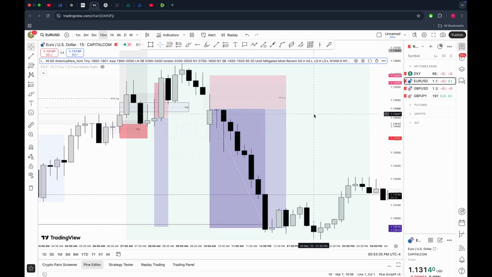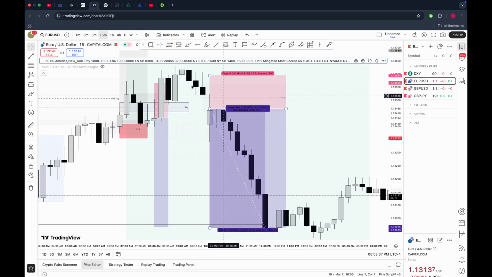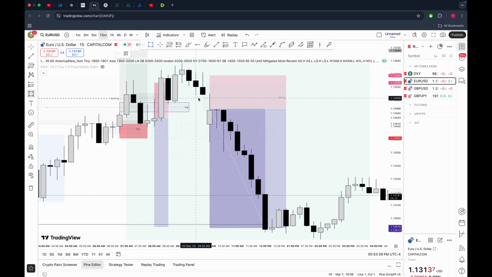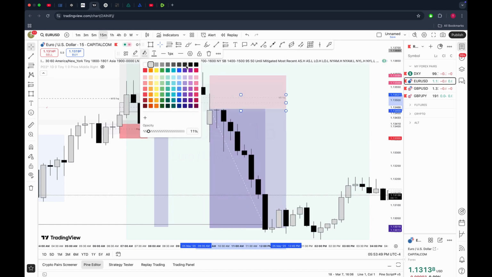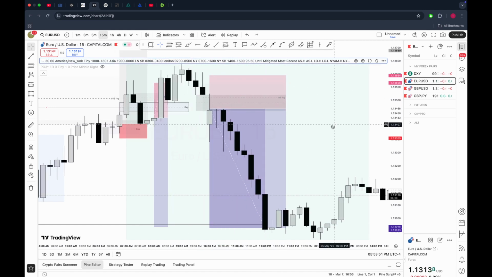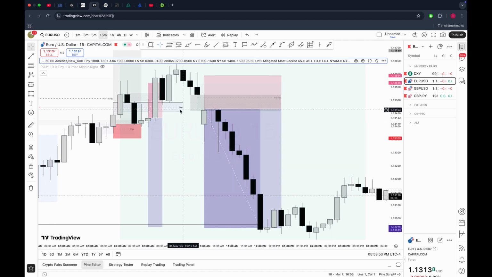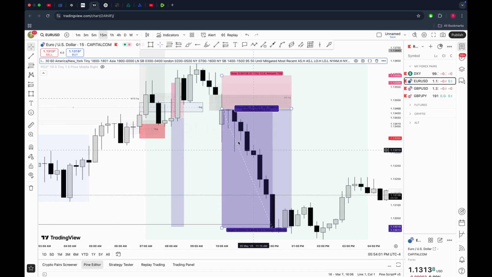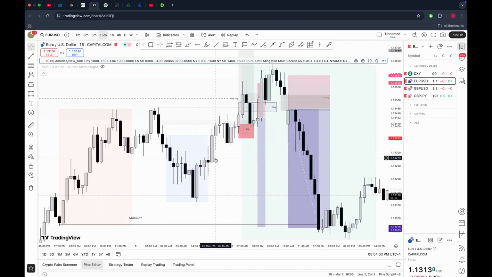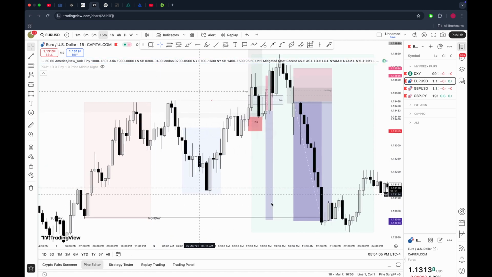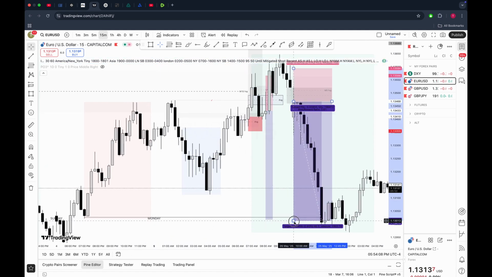So after the news, I saw this gap that the news created. Alright, so this 15 minutes gap. So I was waiting for price to come there, then I took the trade from there, and gladly price came back, gave us an entry, and I was targeting the Asia low. You can see it played out perfectly. It came to the Asia low.